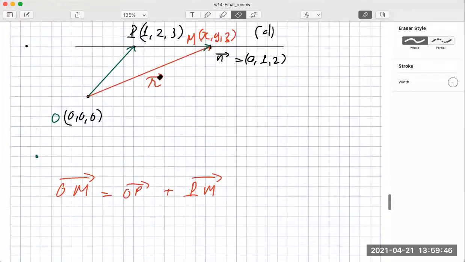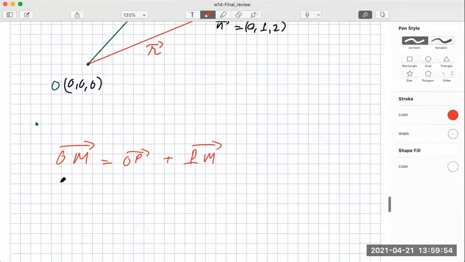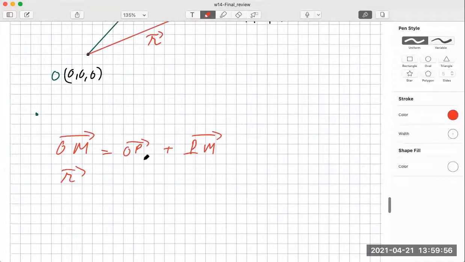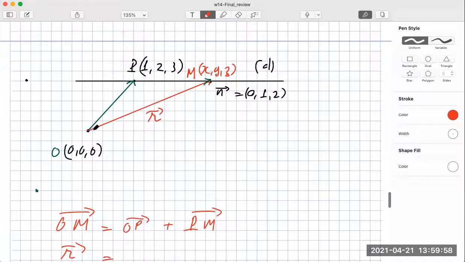And let us call it the vector R, the position vector of any point M belonging to this line, right? Therefore, we have this R is OP, O is the origin of the coordinate,